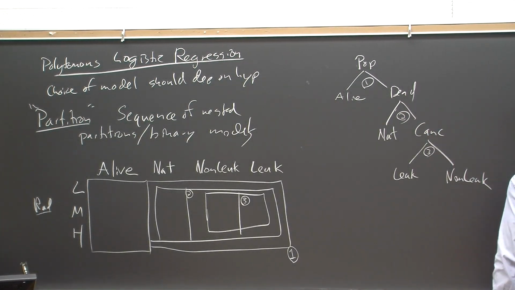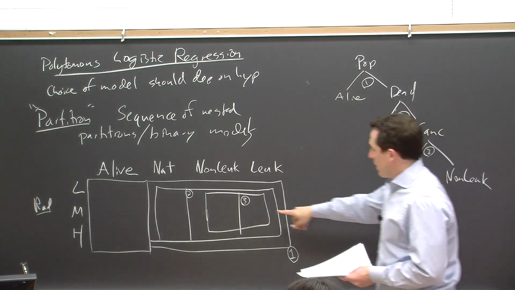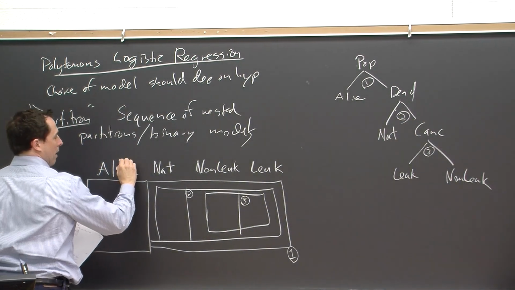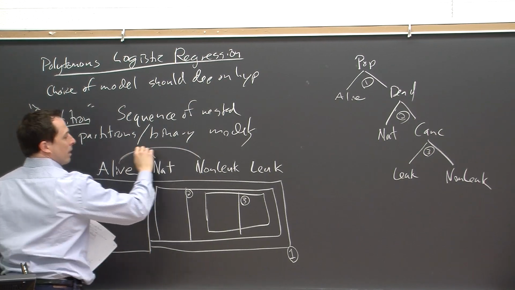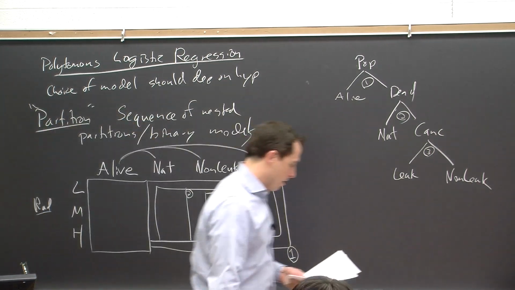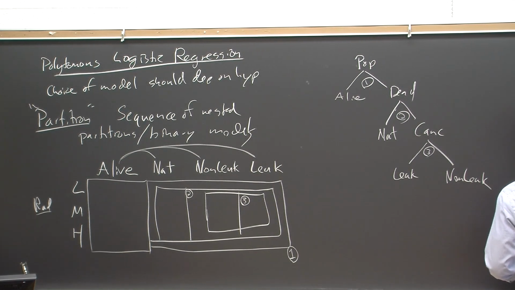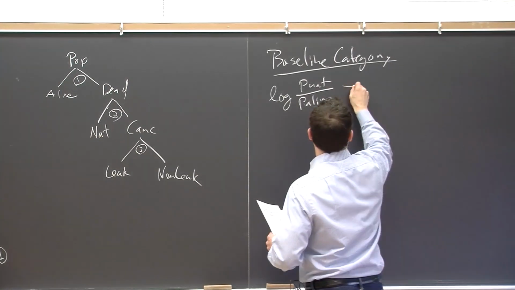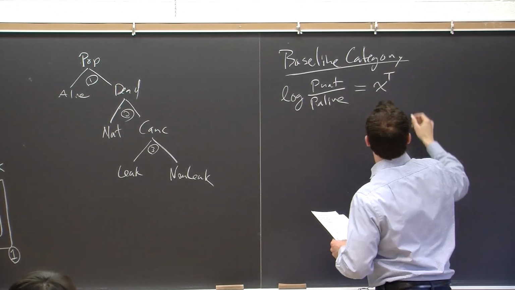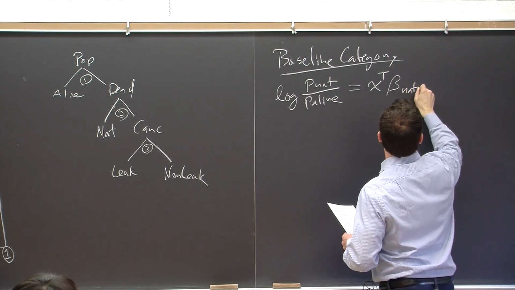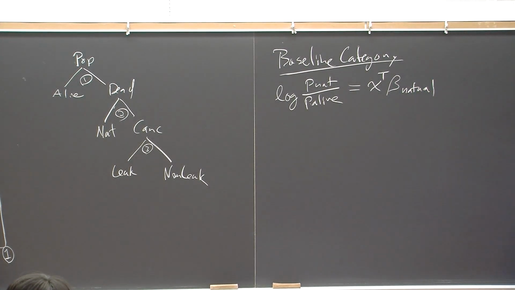The next model we looked at was the baseline category. If we look at this same table, it's just going to compare alive with natural, alive with non-leukemia, and alive with leukemia. And there are 2 formulations of that. One is, we put the baseline usually on the bottom, this way, X transpose beta natural. So beta natural is a vector of parameters,